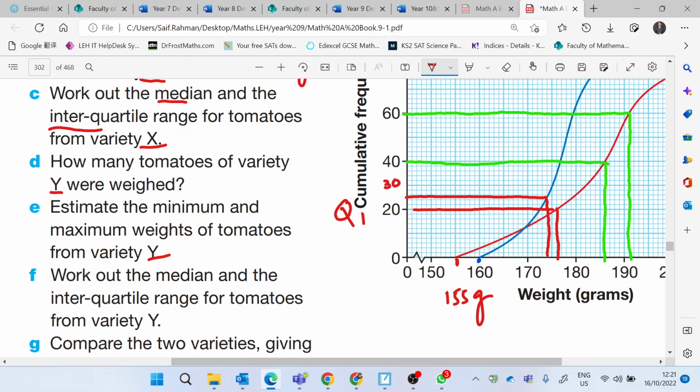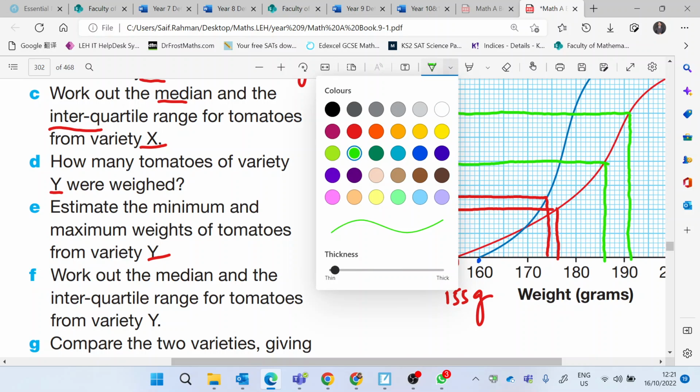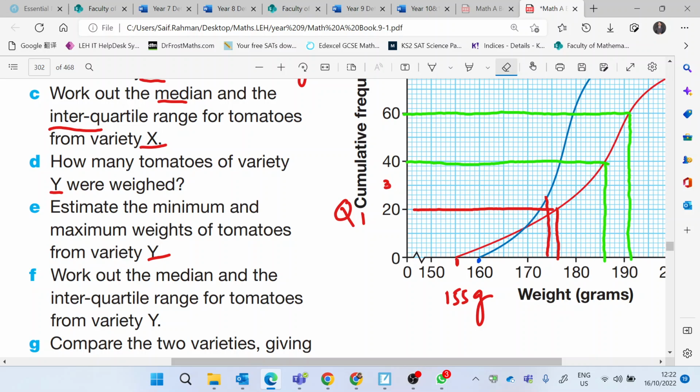This one. Okay, I was doing with the green one, so let me switch to green and erase this one. Okay, so this is the 30, 25